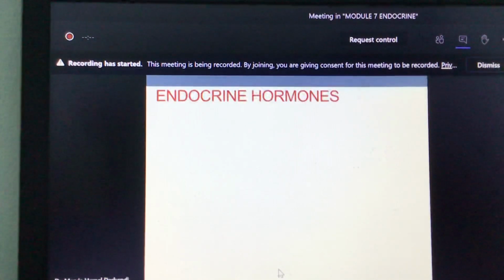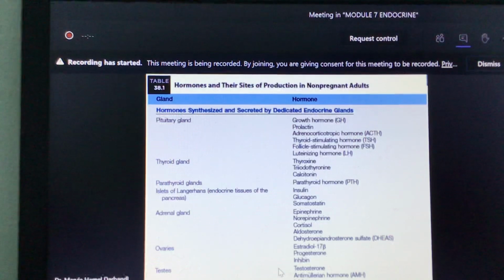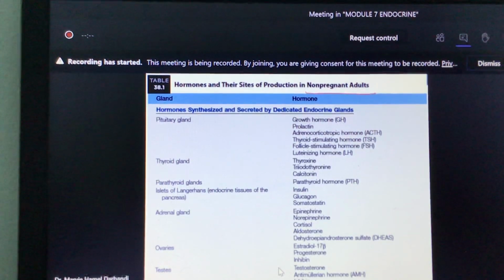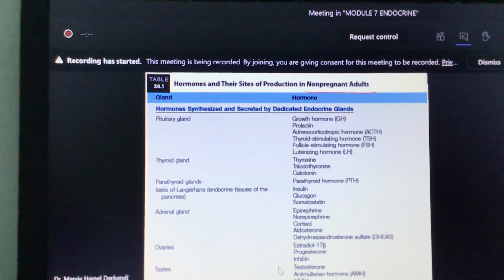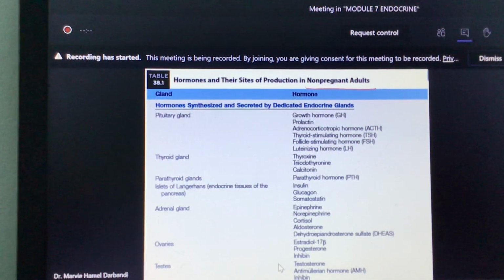Here is the summary of the hormones and the site of production in a non-pregnant adult. I will not tackle this, so you just go back to the Bernier and Levy to see these